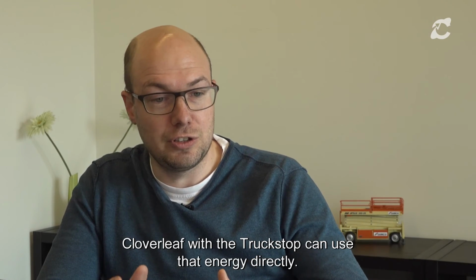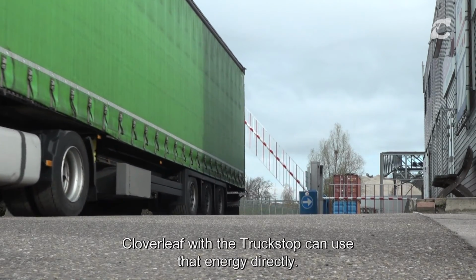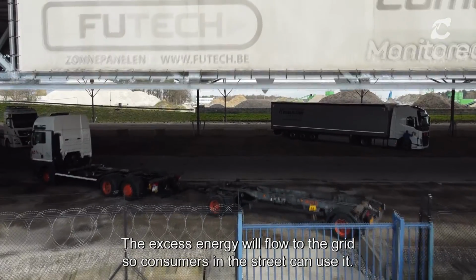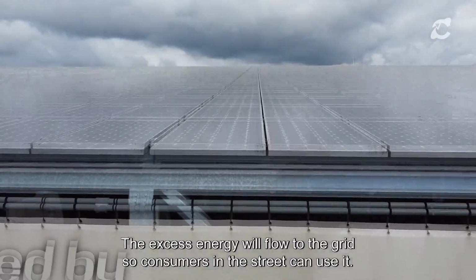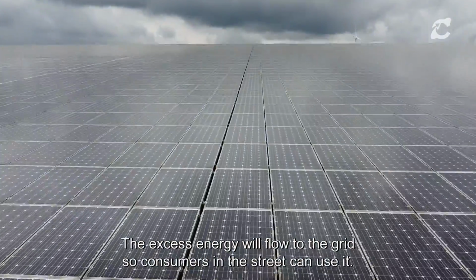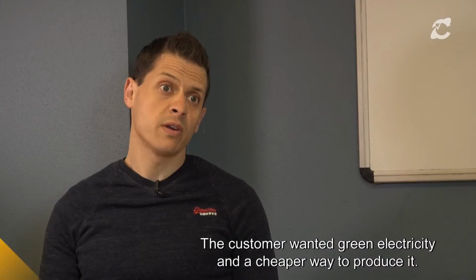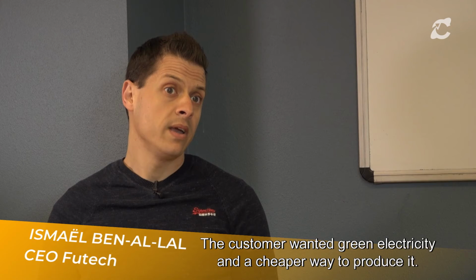They can use that energy directly, so Cloverleaf itself with the truck stop that contains it. But also the excess energy will flow to the grid and to the consumers that actually use the energy in the street, for example. The customer here was really searching for green electricity, but also a cheaper way to produce